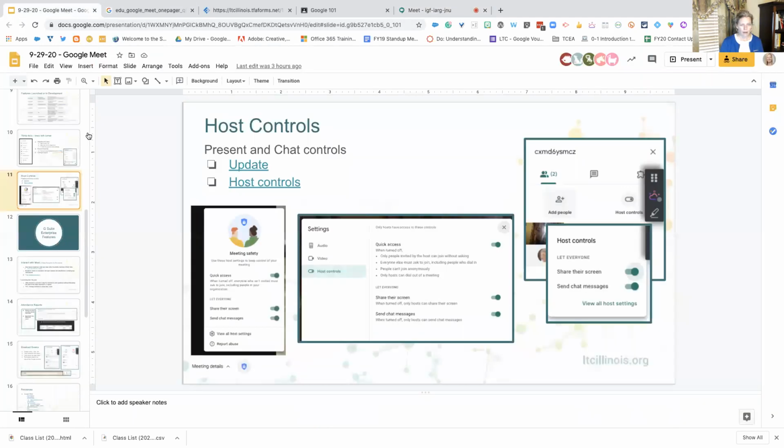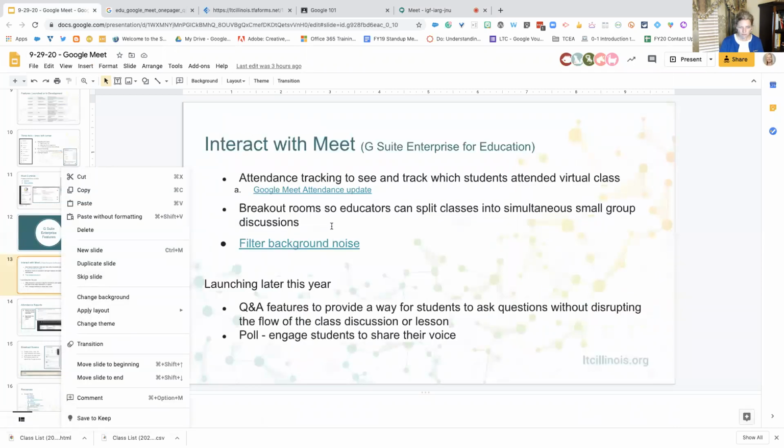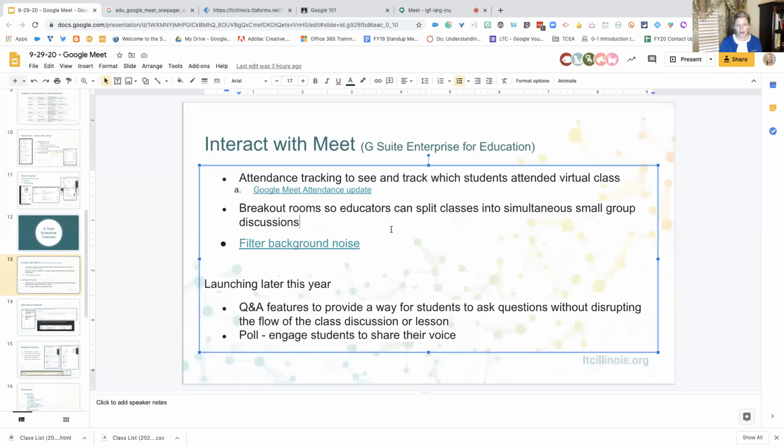And that's here on slide 11. And then slide 13, this talks about some features that are being pushed out in the Enterprise Edition. So again, if you see some things that are in the Enterprise Edition that you would like in your G Suite,